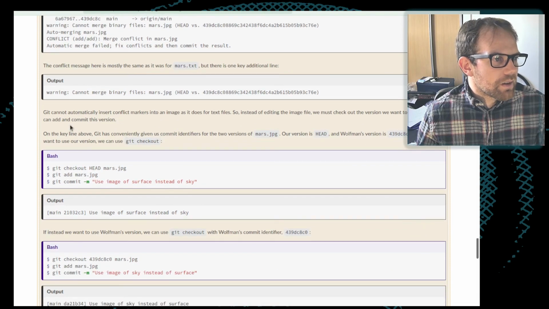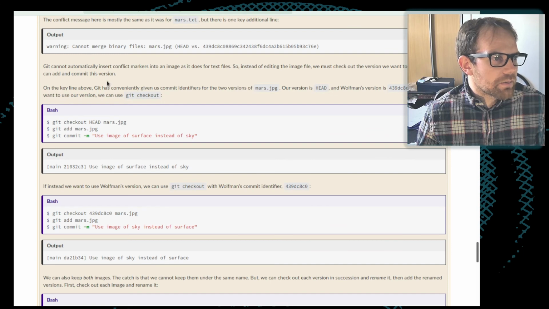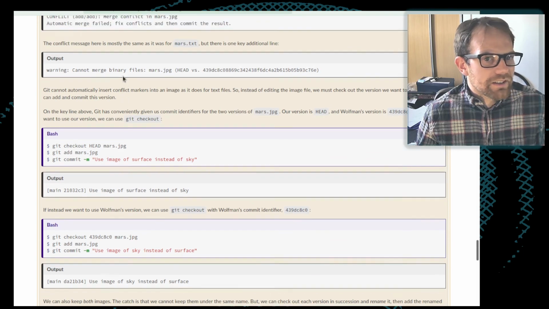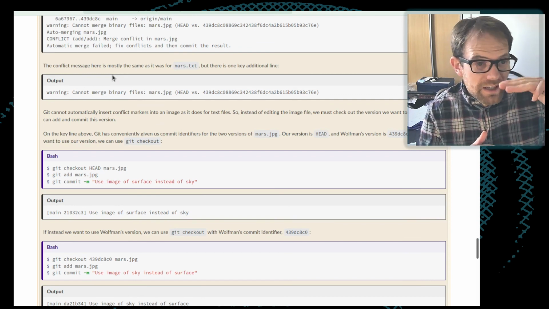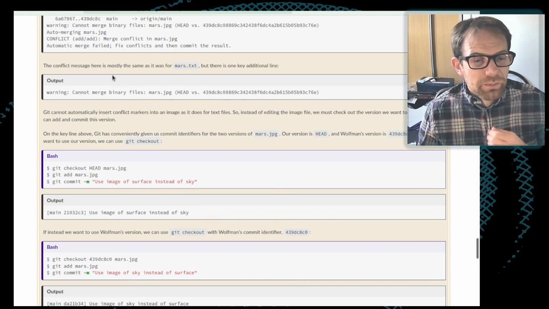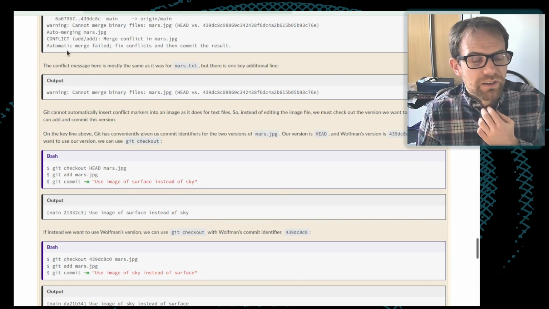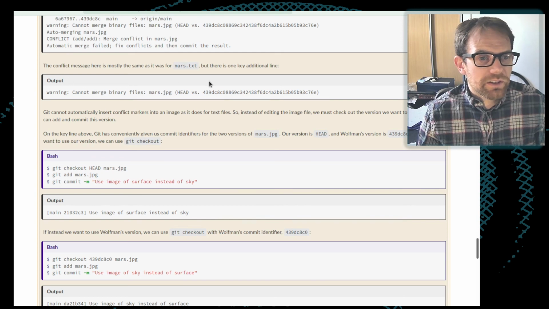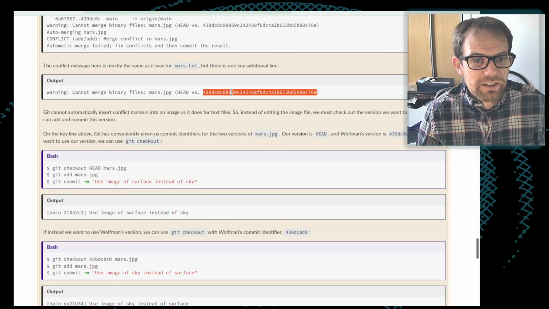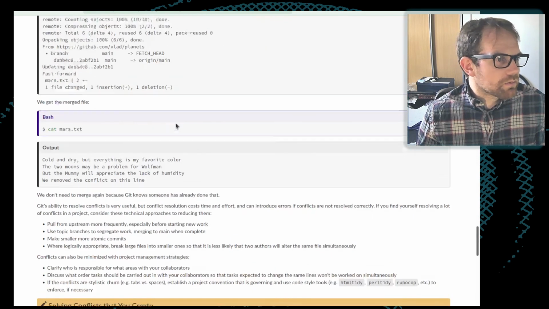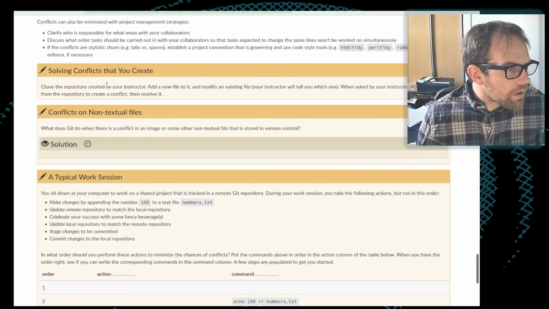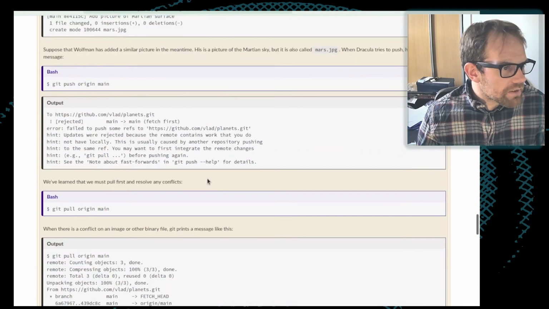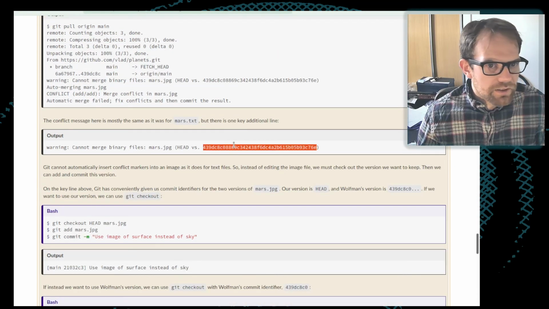So what happens here? Well, Git, instead of adding the two changes to the same text file as they did before, this time pulled down the two versions of the commit, and it's told us that we have a version of mars.txt which is sitting on head and a version which is sitting on this commit here. We've got this second one sitting on this commit here.